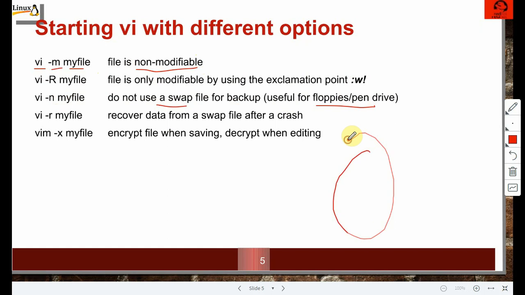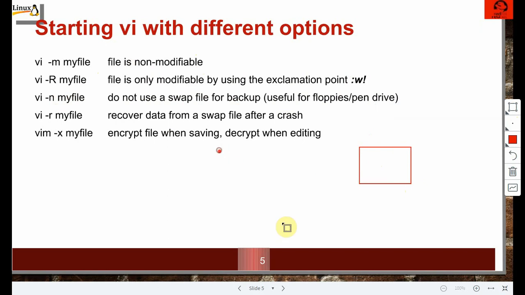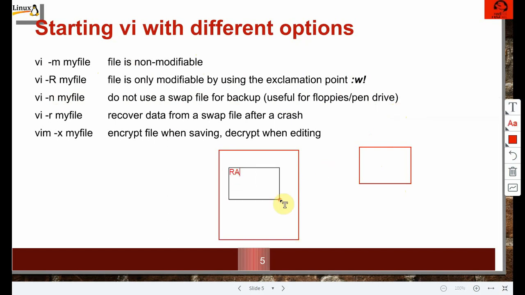This is your disk, mind it. Let me draw a good disk actually with an example. This is your disk, alright, and this is your RAM. So when you work, you actually work in RAM. You don't work on the disk directly. So whenever you open a file, this is your RAM or cache. You keep the file in RAM or cache, you add it here, and you type. When you type :wq after pressing escape, the contents are moved to the disk. That is the actual working, and the problem is here only.